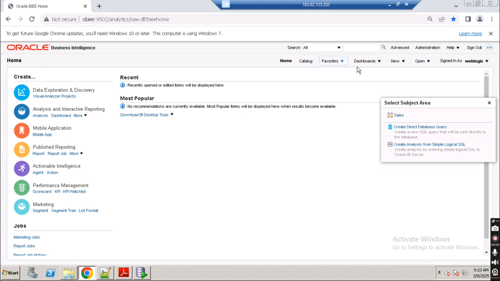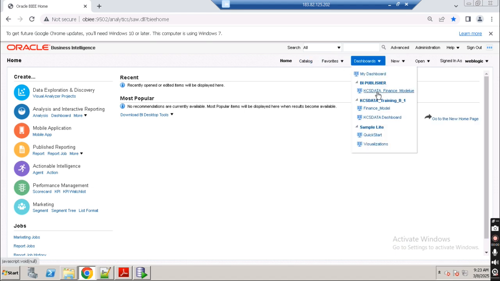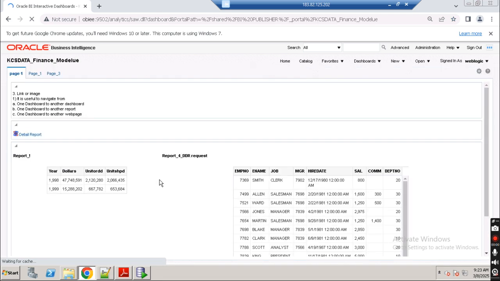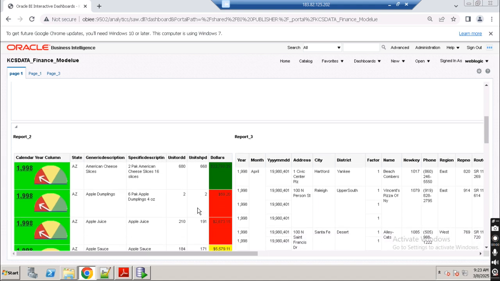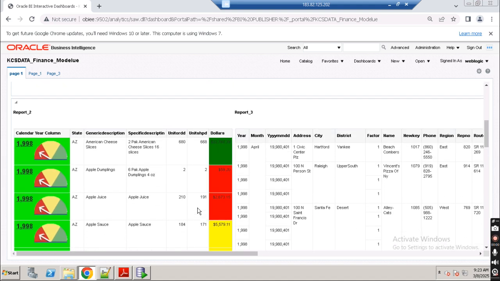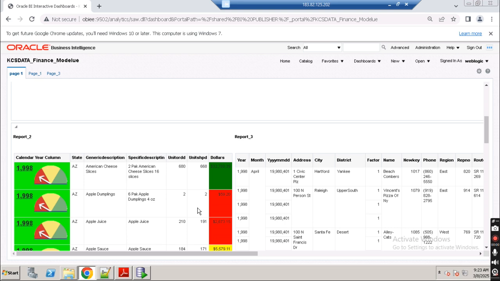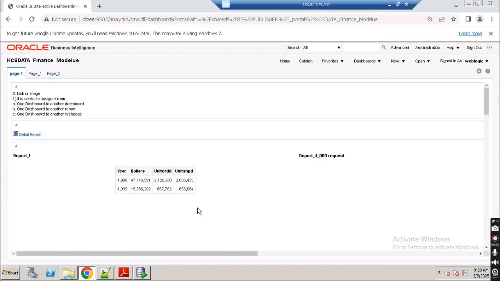For example, if you see here, these are some of the dashboards. The client is going to see these kinds of dashboards: how much the revenue happened, how much the data happened. Based on this kind of reporting structure which we are going to develop. But when we come to Power BI or other application tools,